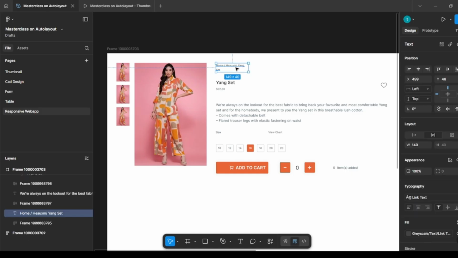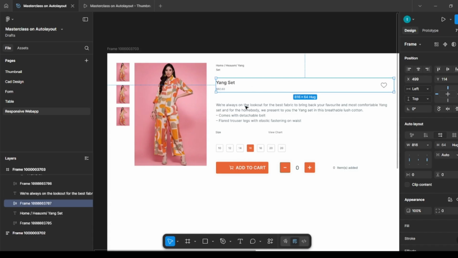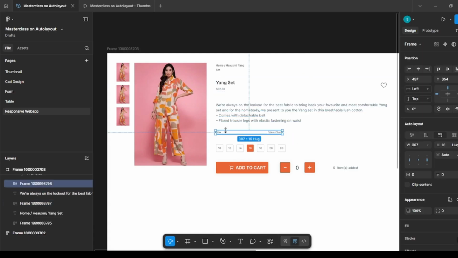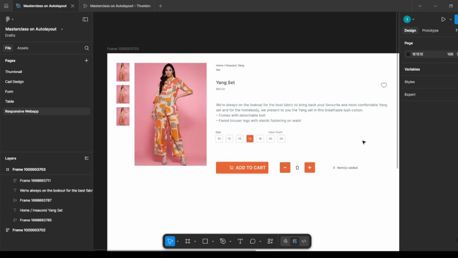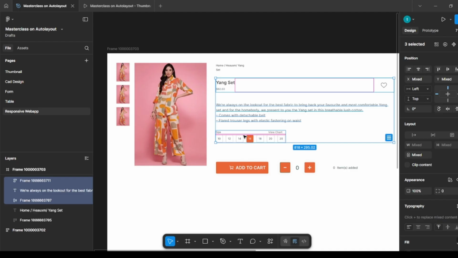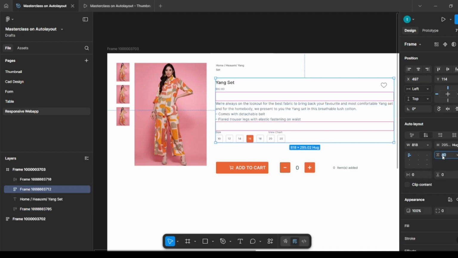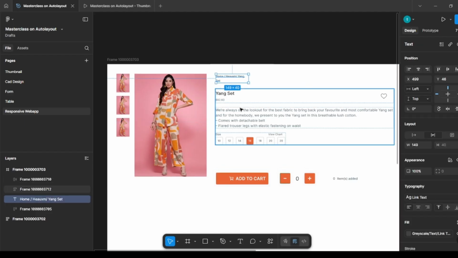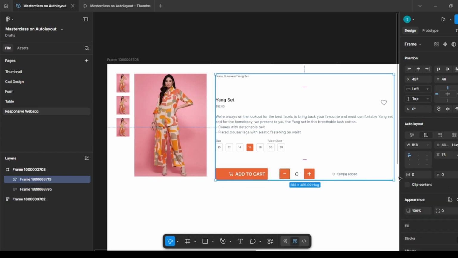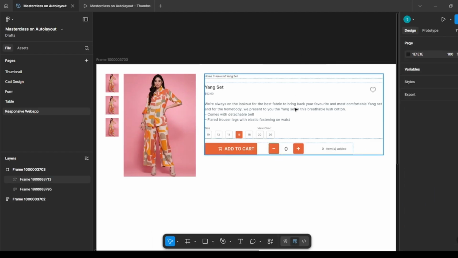and after this take this one and this together, take it into the group and make it into the auto layout, and then select this contents and then take into the auto layout by pressing Shift A. From here select this, take into the auto layout, give it some space,